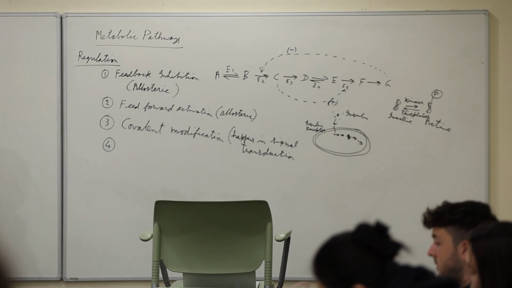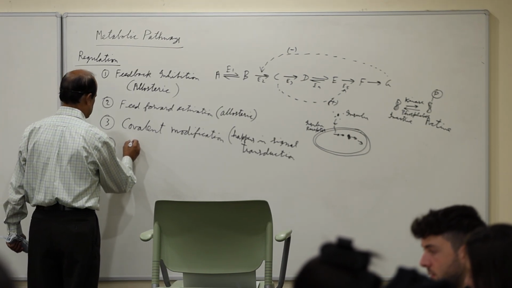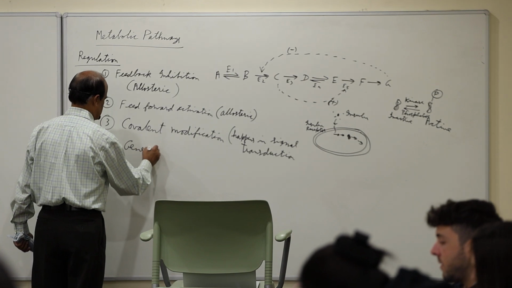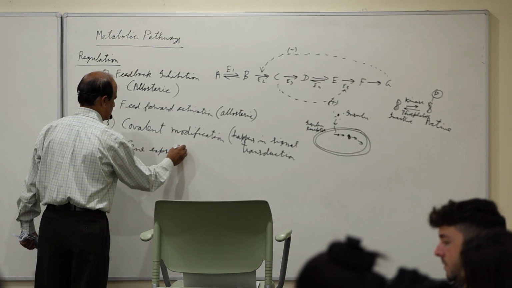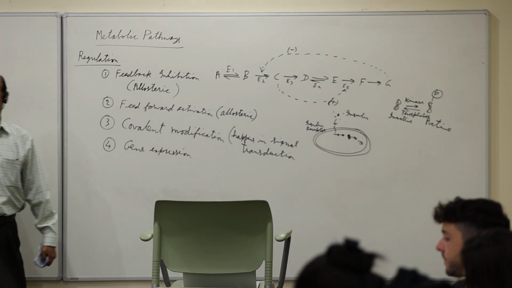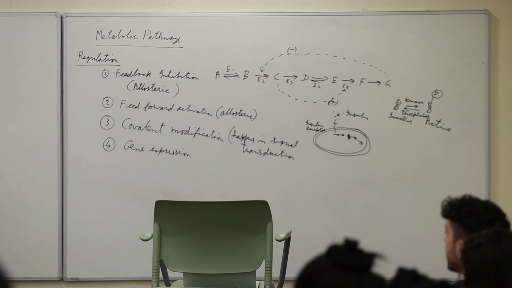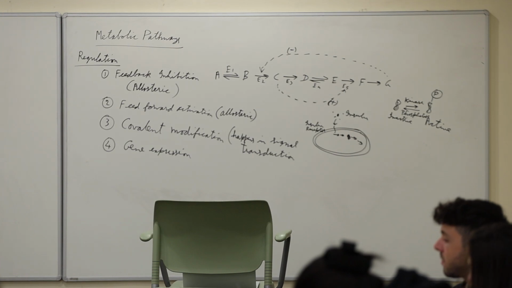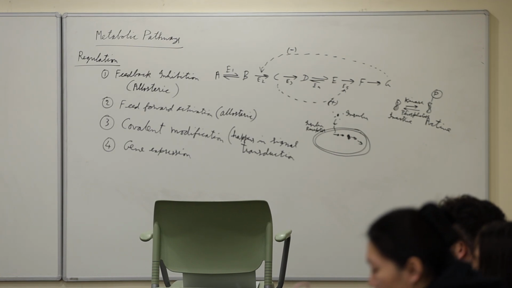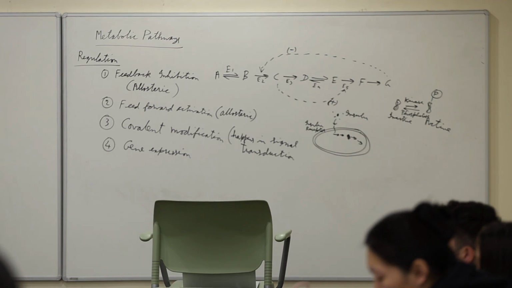A fourth method of regulation is by regulating gene expression. Just today, the Nobel Prize for Physiology was announced. Does anyone know what it is for? No, it was for gene expression. So it is for regulation of gene expression,